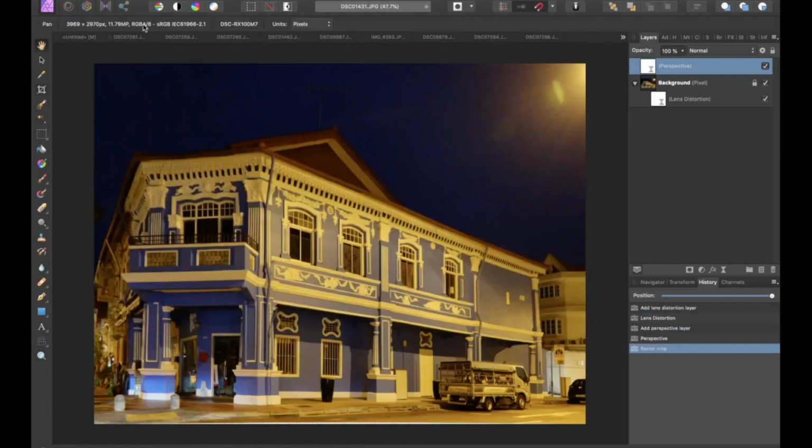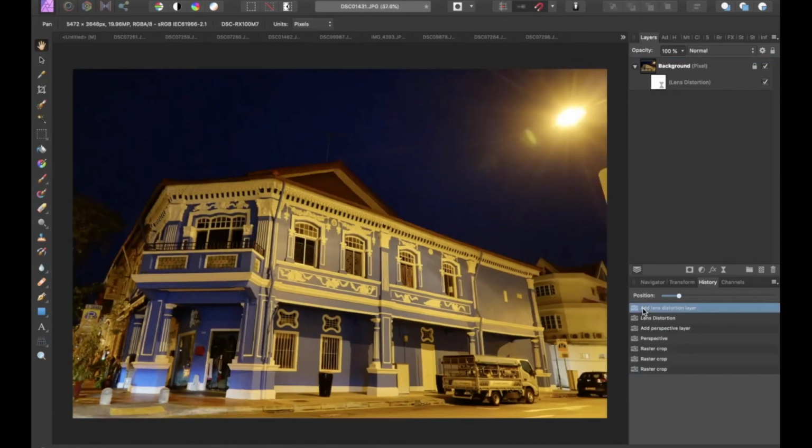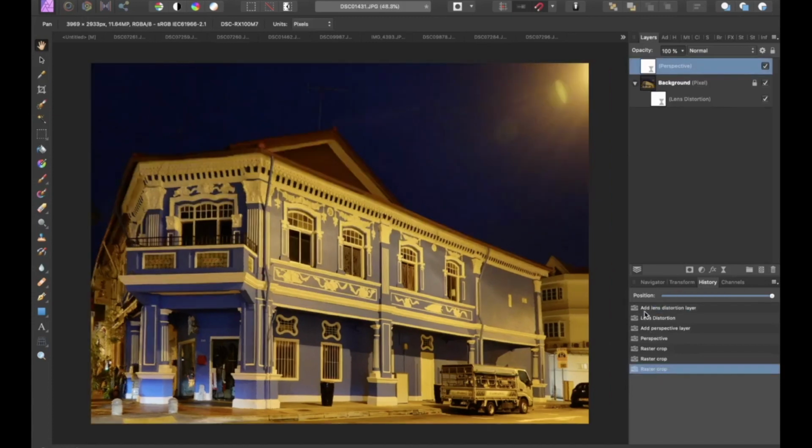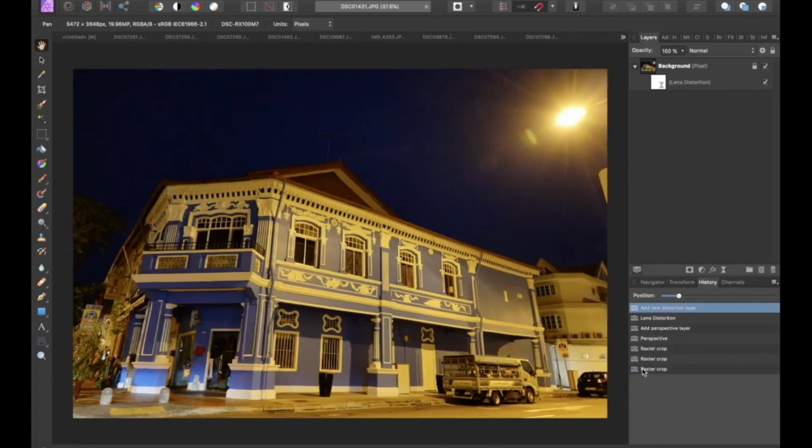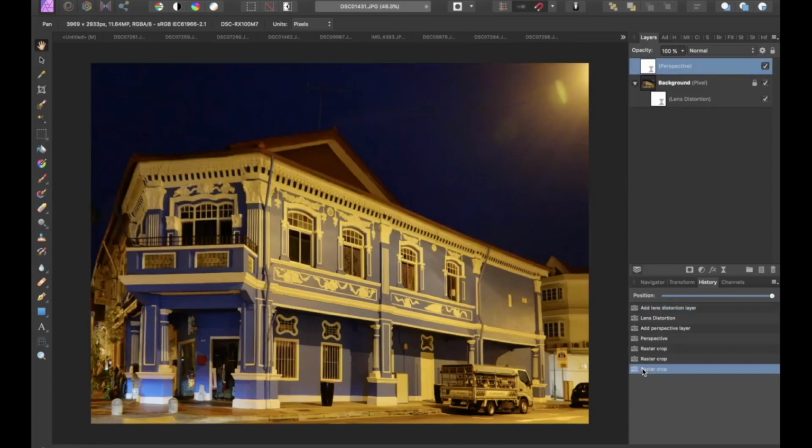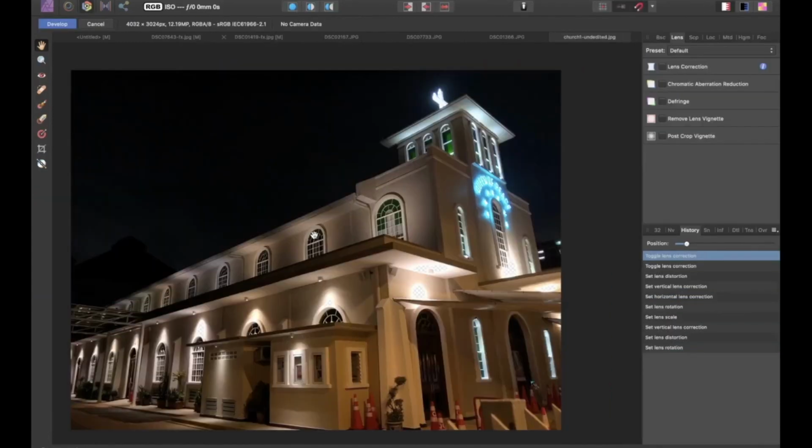There you go. Okay, so let's compare it now. So that's the before and the after. A huge difference. Before and after. Okay, so let's look at another example here wherein we're going to use the lens distortion tools